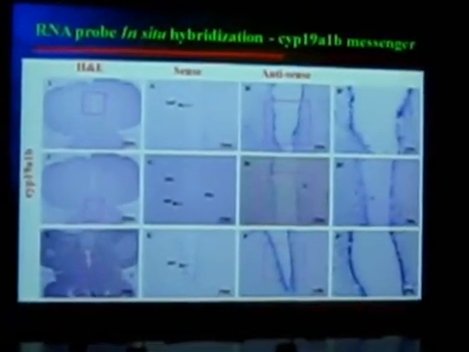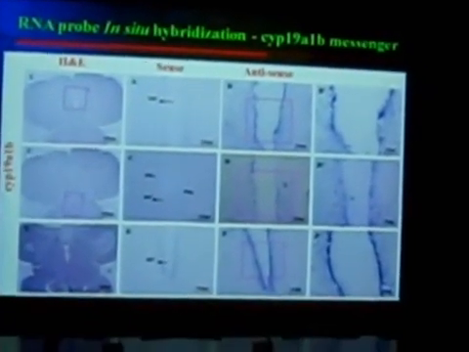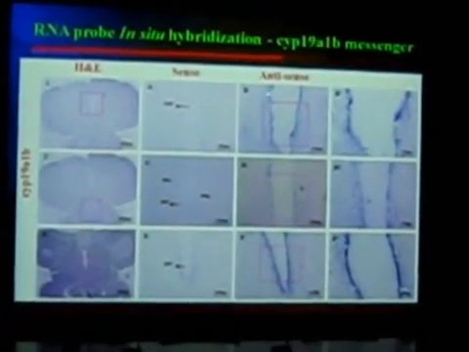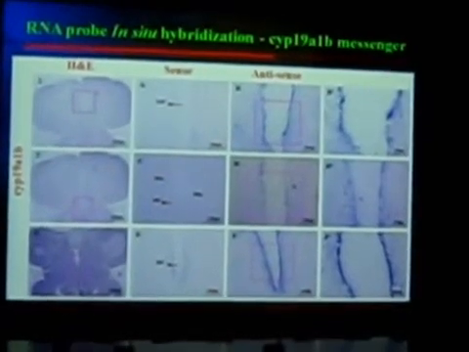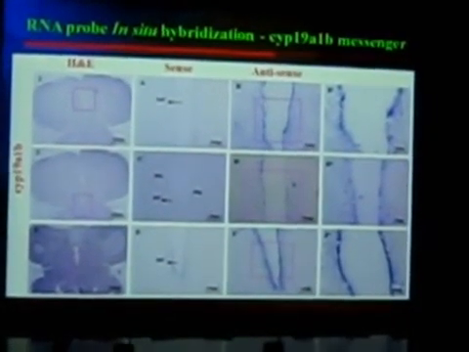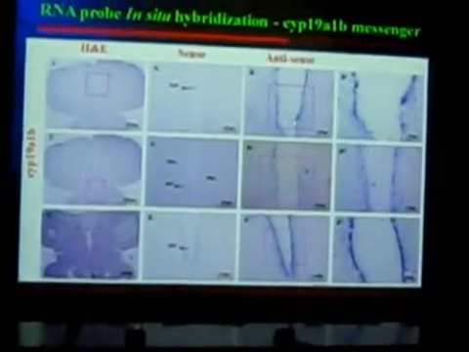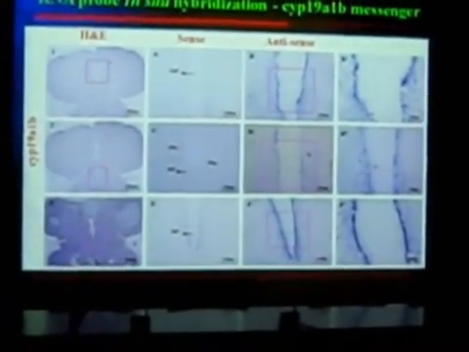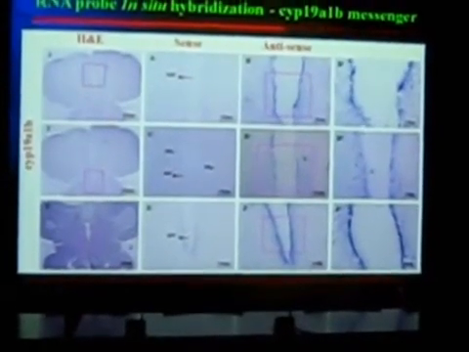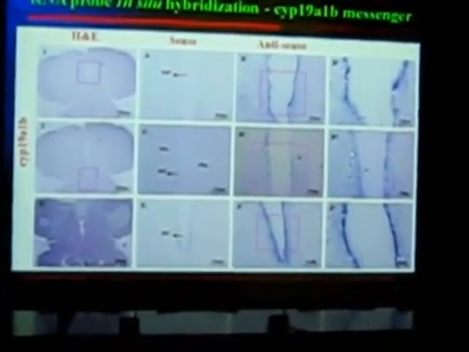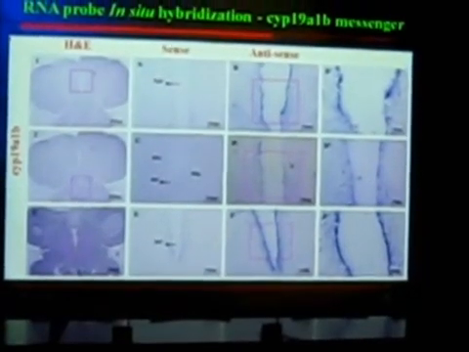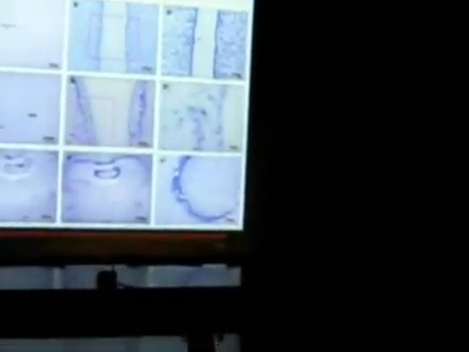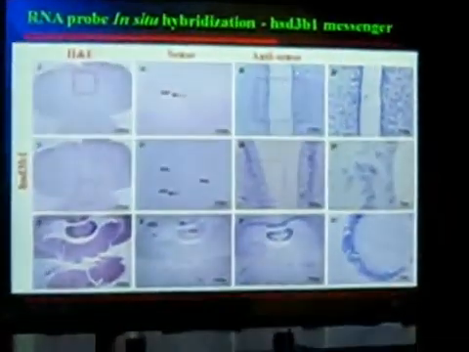So we did the in situ hybridization signal for brain aromatase. We found the hybridization signal on the telencephalonic ventricle and the radial glial cells. Here you can see this is the sense and this is the antisense. This is the magnified picture of antisense. Here you can clearly see the hybridization signal was found on the radial glial cells of the telencephalonic ventricle. And also we detect the signal in the preoptic area and diencephalonic ventricle. And this is the 3-beta-HSD hybridization signal. We detect